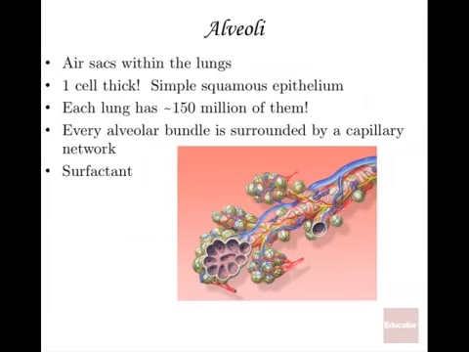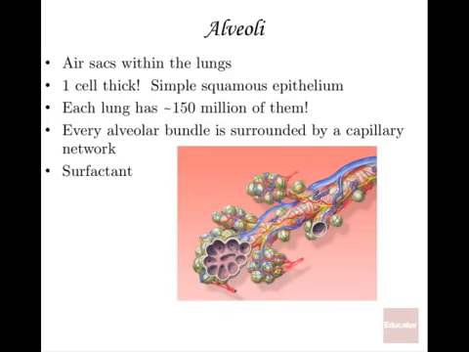those are the leaves, in a sense, on this respiratory tree. And they're the air sacs within the lungs. It's like the final destination for the air flowing through your respiratory tree. So these air sacs, this is a nice animation of what they look like. Here's a little alveolar bundle, and each of these is an alveolus. So this little sphere, alveolus, alveolus, alveolus, they are 1 cell thick.